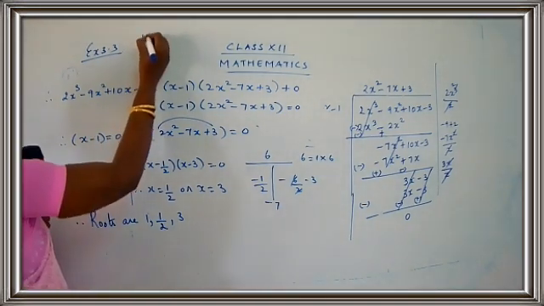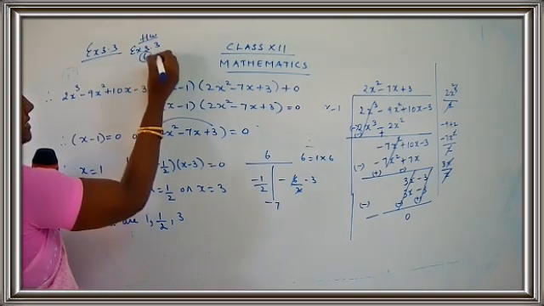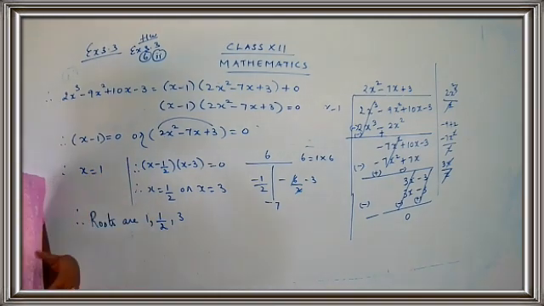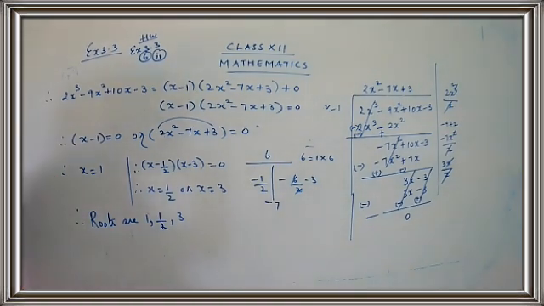Now your homework is from exercise 3.3, question number 6, the second subpart. Okay, the first subpart already I have done. Try for the second subpart and you have to complete your subpart 2. And we have already completed sum number 7 as homework. Okay, children? Yes, that was done. So with this we complete our exercise 3.3, and now we are going to continue with a new exercise, that is exercise 3.4. Let's start with exercise 3.4.